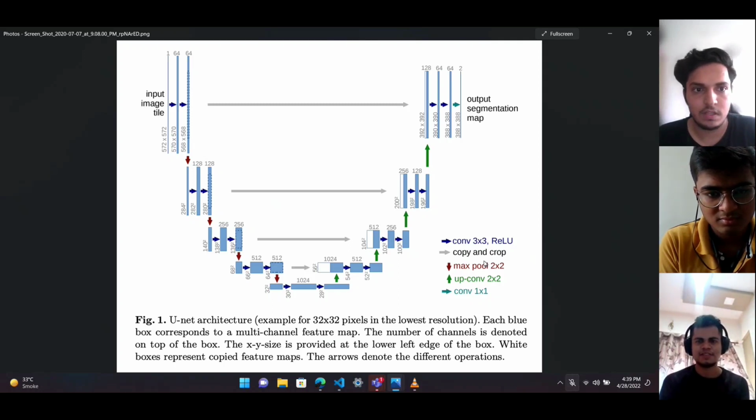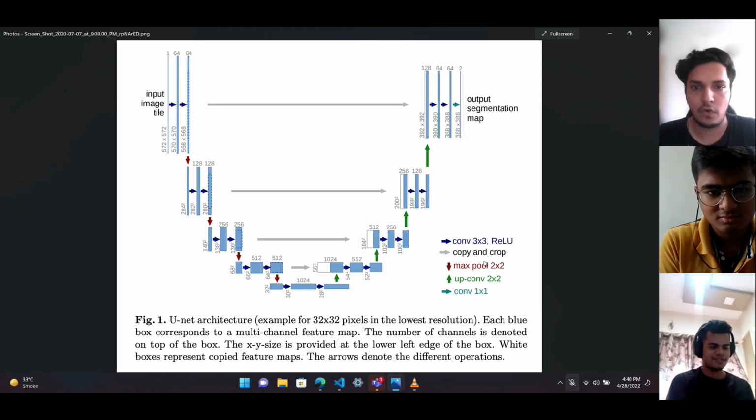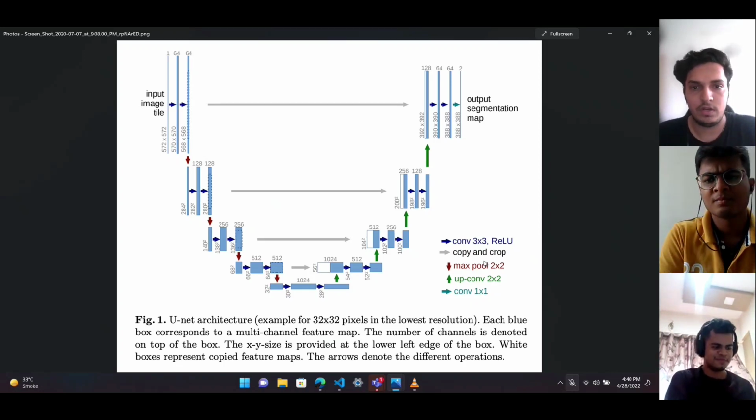Each step in the expansive path consists of an upsampling of the feature map, followed by a 2x2 convolution that halves the number of the feature channels, concatenation with the correspondingly cropped feature map from the contracting path, and two 3x3 convolutions, each followed by a ReLU. At the final layer, a 1x1 convolution is used to map each 64 component feature vector to the desired number